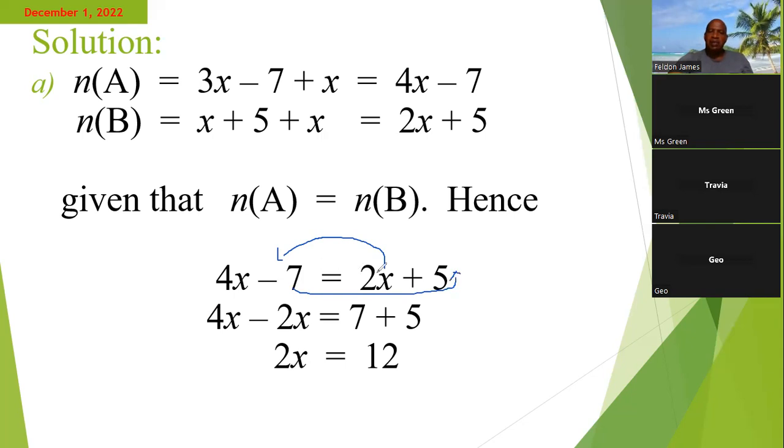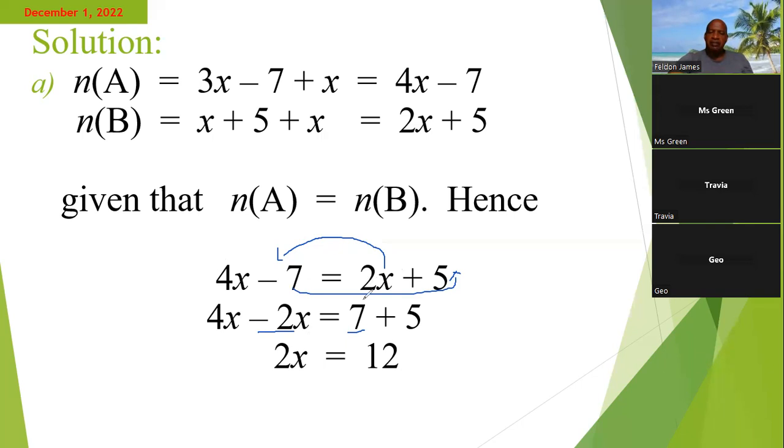Now, once you bring something to the other side of the equation, you have to change your signs. So this is -7. When we bring it over here, it becomes +7. This is 2x on this side. When we bring it on the left, it becomes -2x. All right. So that's how we do when we put one thing on the other side, we change the sign